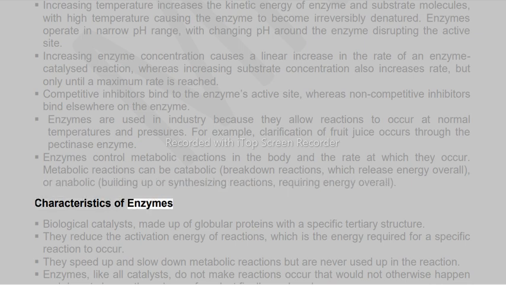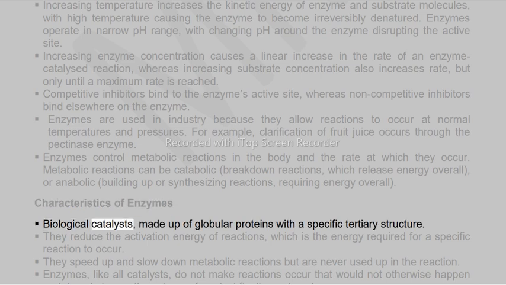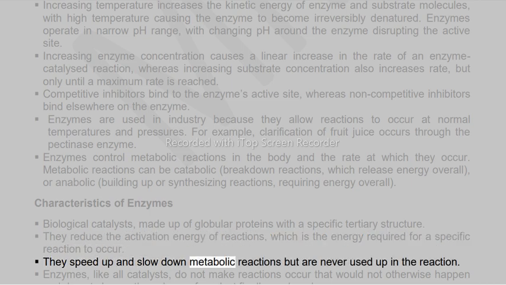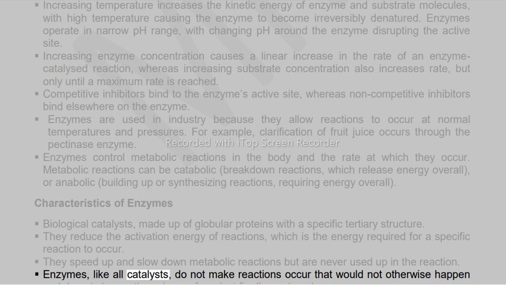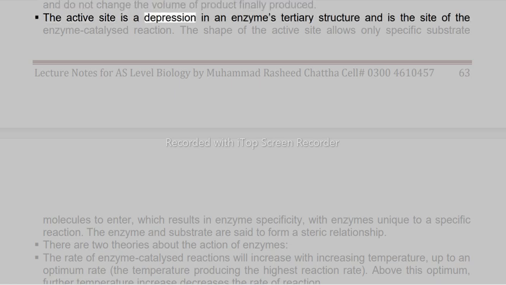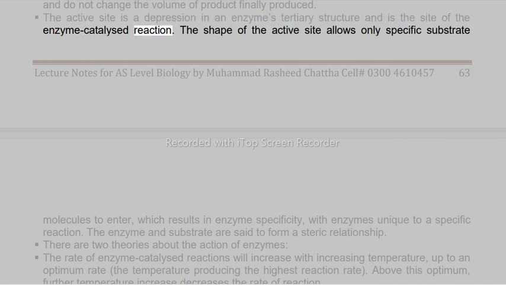Characteristics of enzymes. Biological catalysts, made up of globular proteins with a specific tertiary structure. They reduce the activation energy of reactions, which is the energy required for a specific reaction to occur. They speed up and slow down metabolic reactions but are never used up in the reaction. Enzymes, like all catalysts, do not make reactions occur that would not otherwise happen and do not change the volume of product finally produced. The active site is a depression in an enzyme's tertiary structure and is the site of the enzyme-catalyzed reaction. The shape of the active site allows only specific substrate